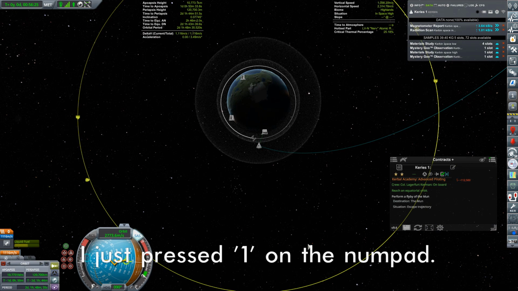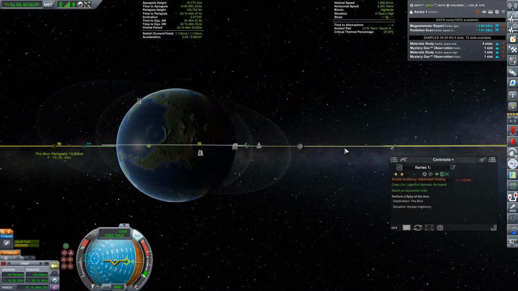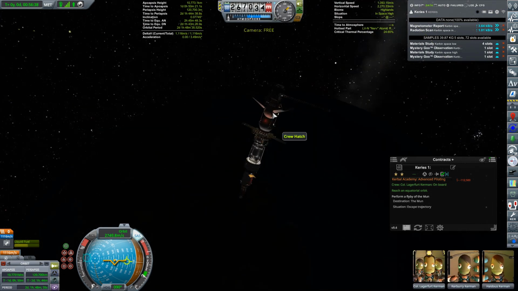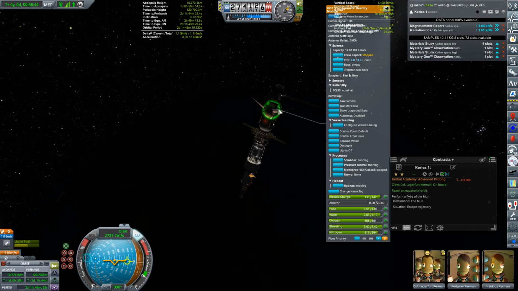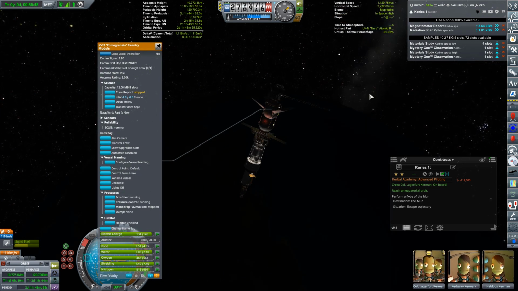See, we're going through our first radiation belt here. Kerbin Station happily lives below the radiation belt. So we should be getting... Yeah, we're getting a radiation warning now. I did up the shielding on this thing. I'm pretty sure I did. Tell me that I did. On the habitat, so they shouldn't have to worry about...